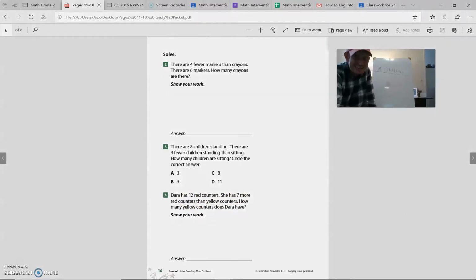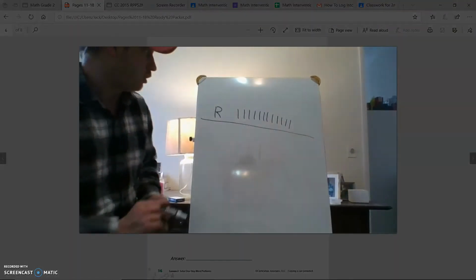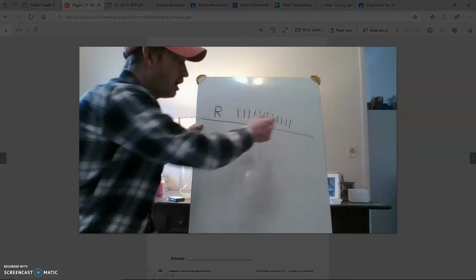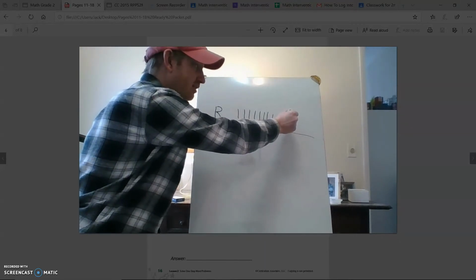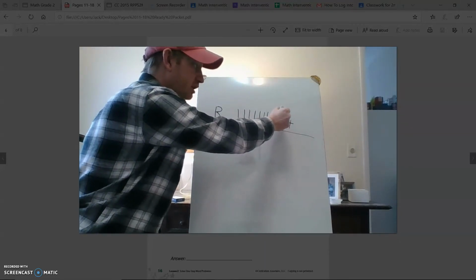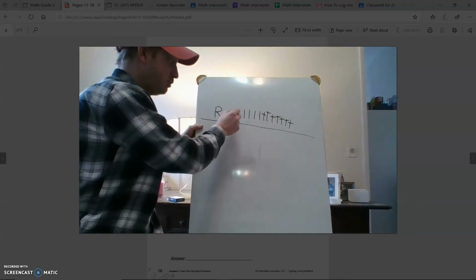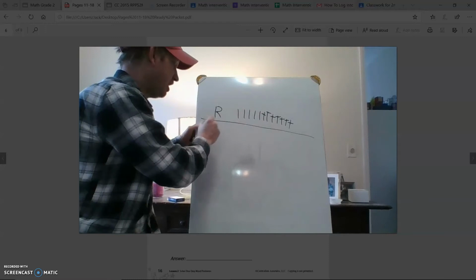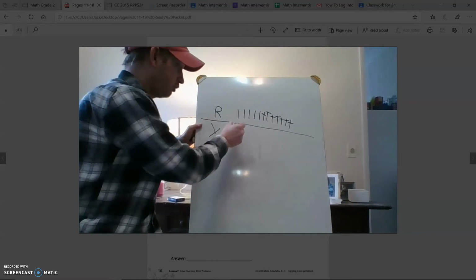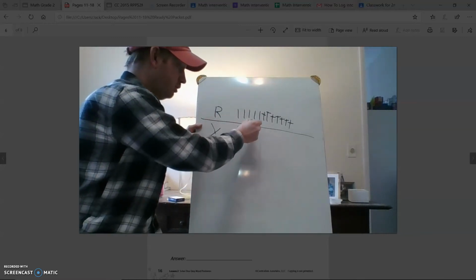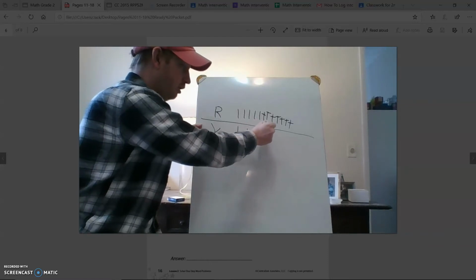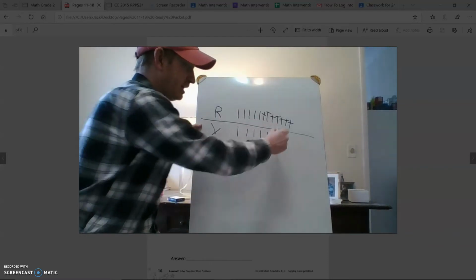So we're going to have 7 less yellow. So we count it out. That would be, take away 7. 1, 2, 3, 4, 5, 6, 7. Leaves me with 1, 2, 3, 4, 5. So with my yellow counters, I have 1, 2, 3, 4, 5. So the answer is